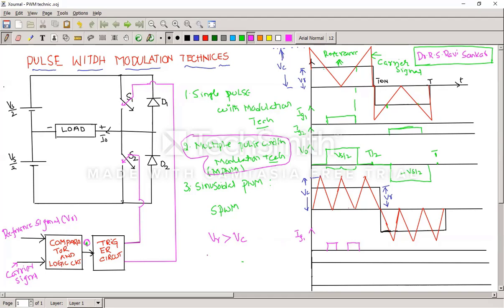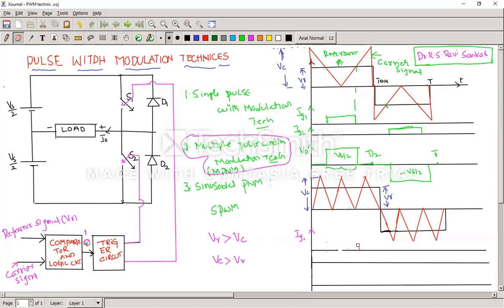Suppose if we write VC is greater than VR, then the output is 1. In that manner, if we write the programming in the logic circuit,